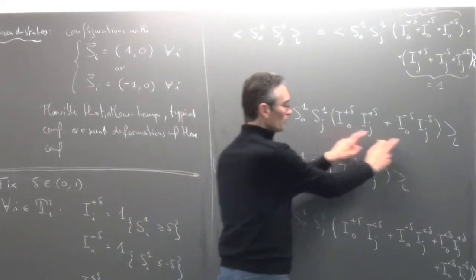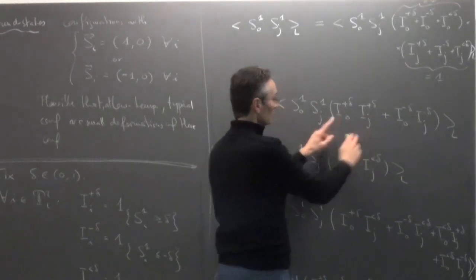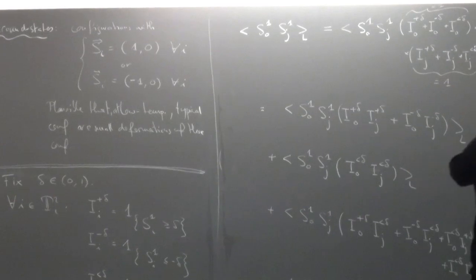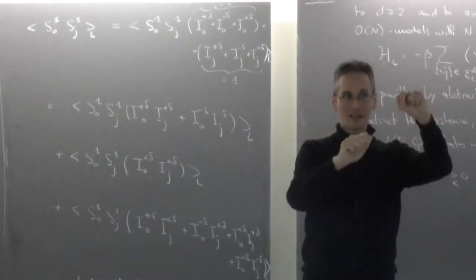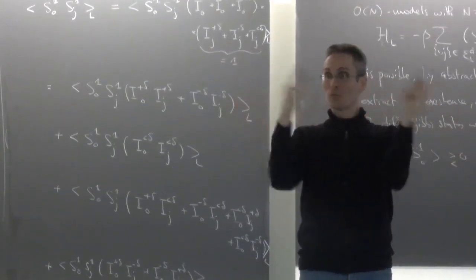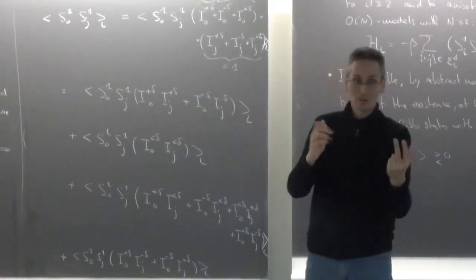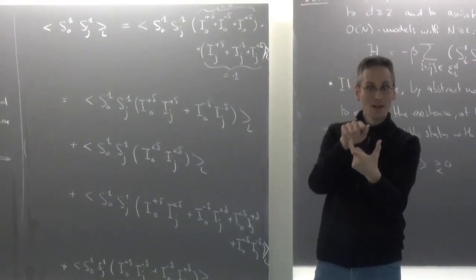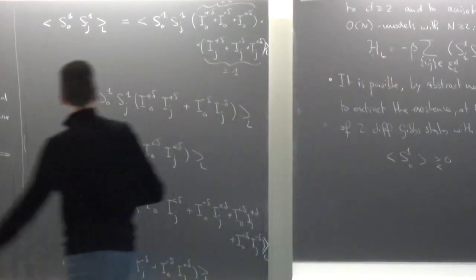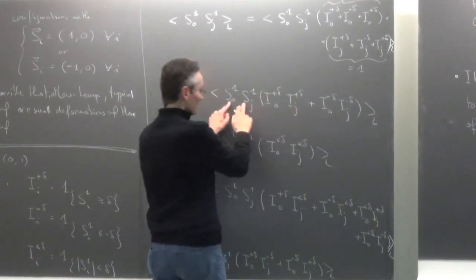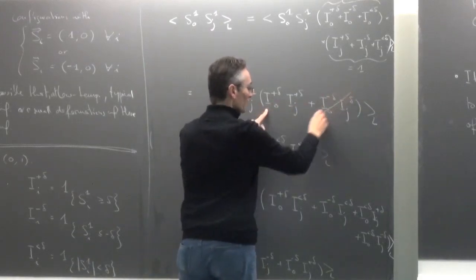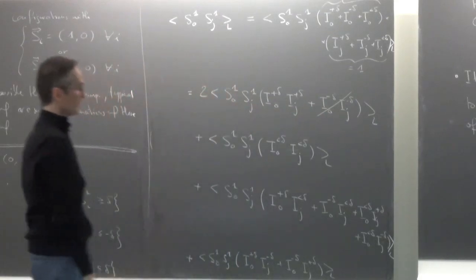So if you look at these two terms, obviously the Hamiltonian of the model, the energy of a configuration, does not change if I take all the spins in the box and I change the sign of their first component. I reflect the sign of all the first components of the spins. This does not change anything because in the Hamiltonian you get Si1 Sj1. If you change the sign of both, this does not change, it's quadratic. Okay? And this is also quadratic. So this term and this term will give you exactly the same contribution. So I can get rid of this guy and put a 2 here. Right?